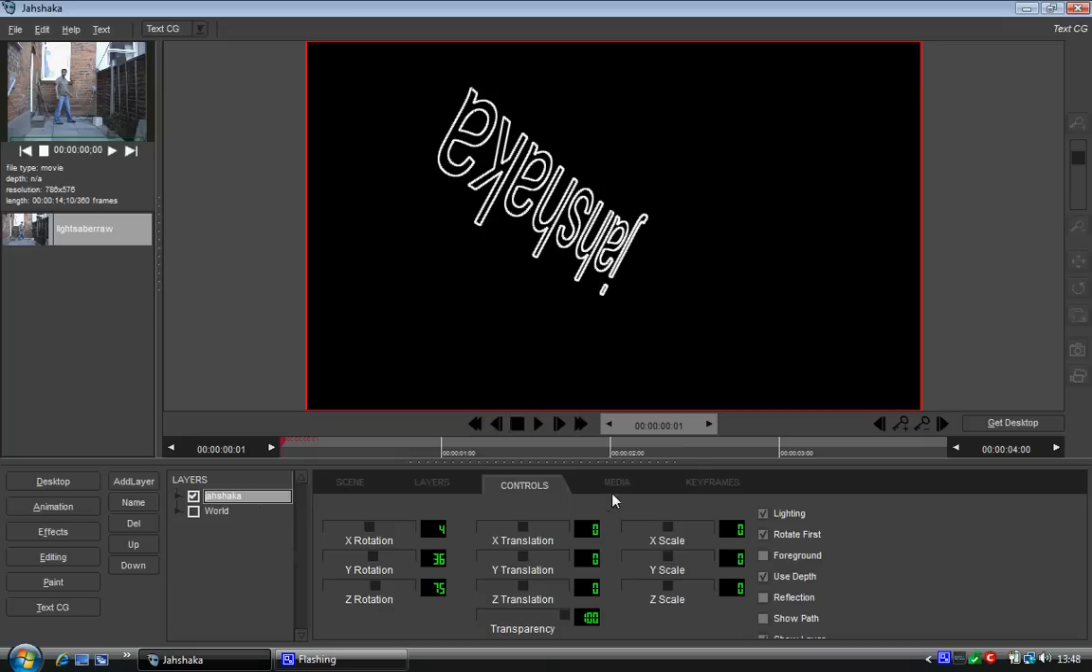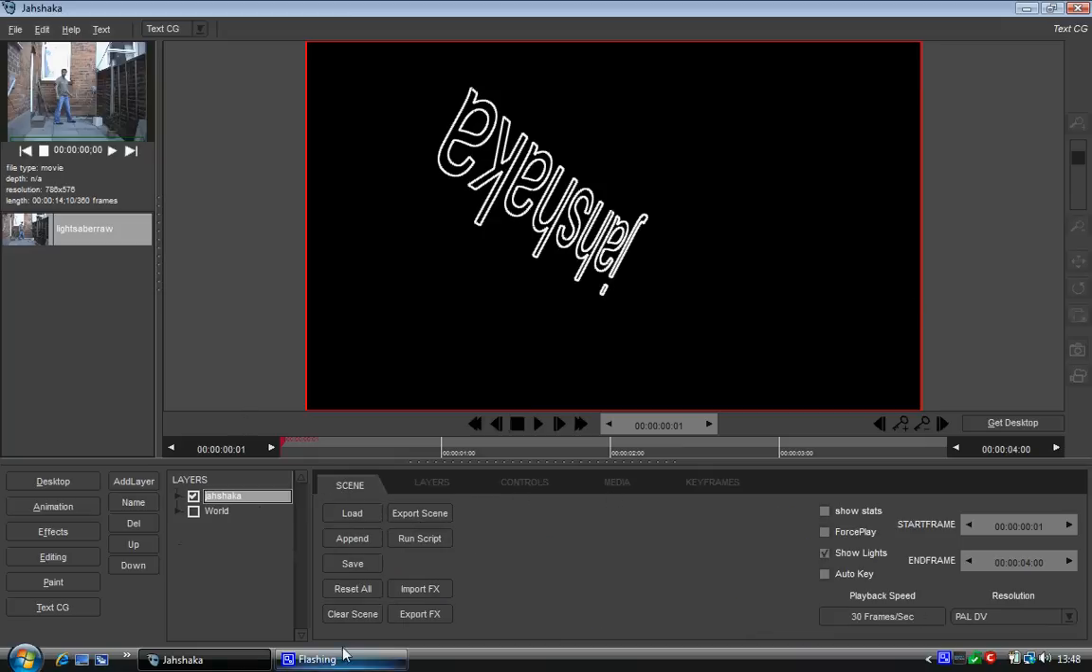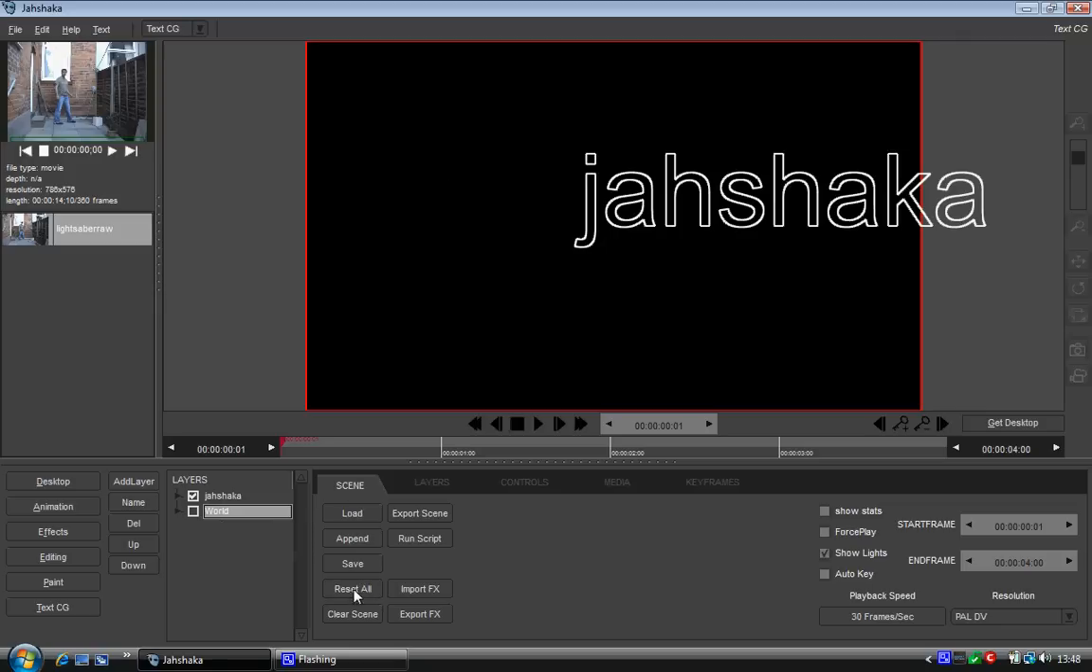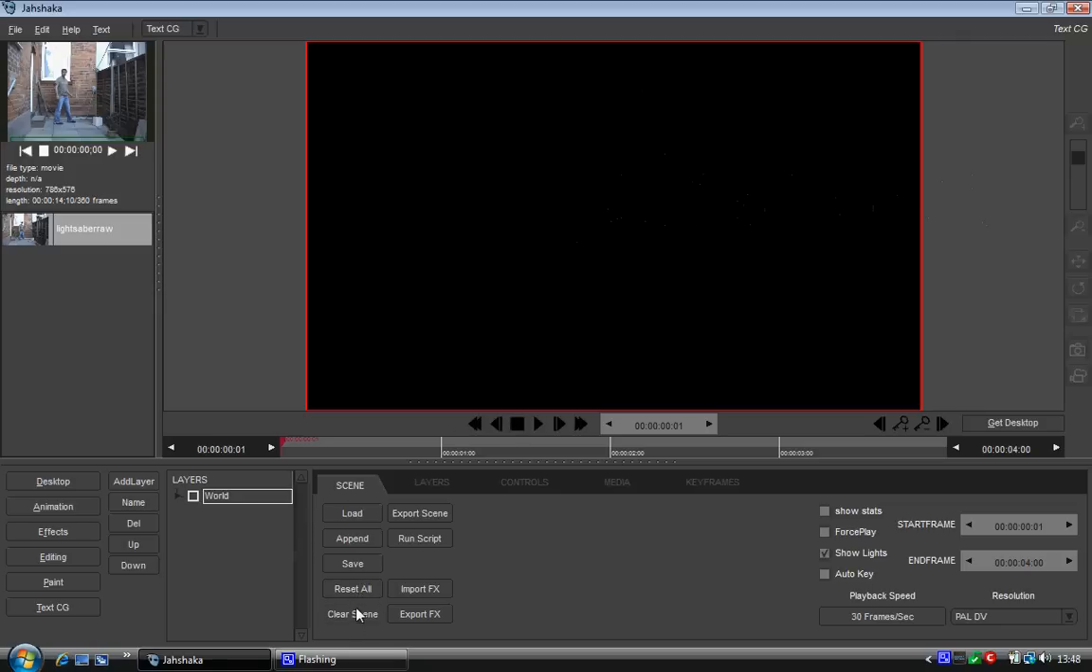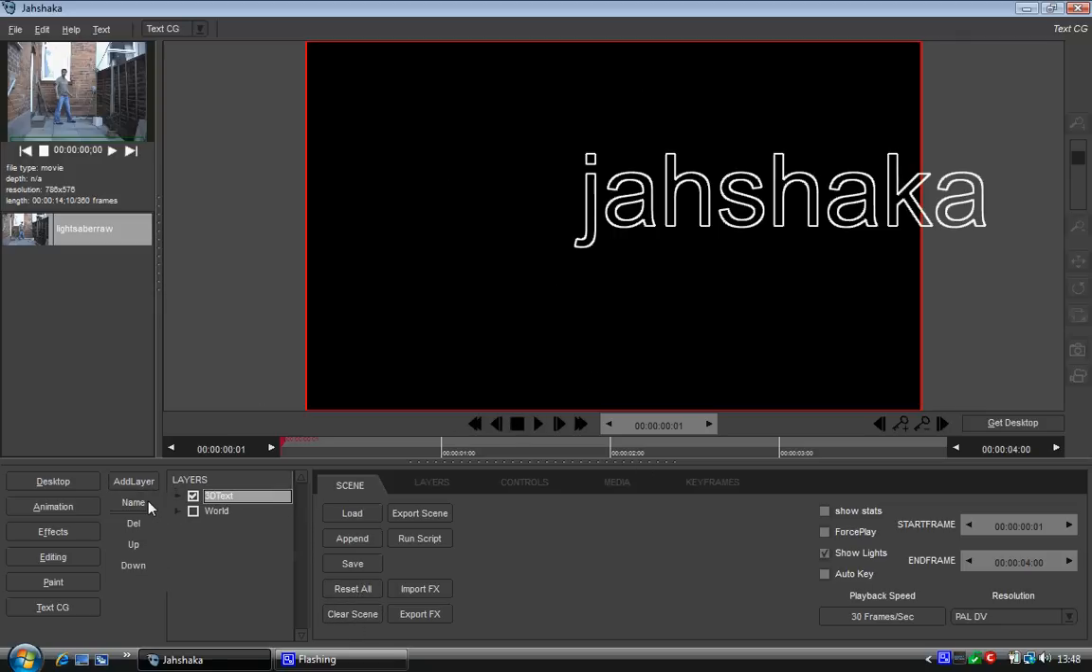Hope that makes sense. So I want to reset all this. So I'm going to click on go to scene, click on reset all, and it resets everything. If you click on clear scene, it gets rid of everything. So I've got this. Now let's say I wanted to make an animation of